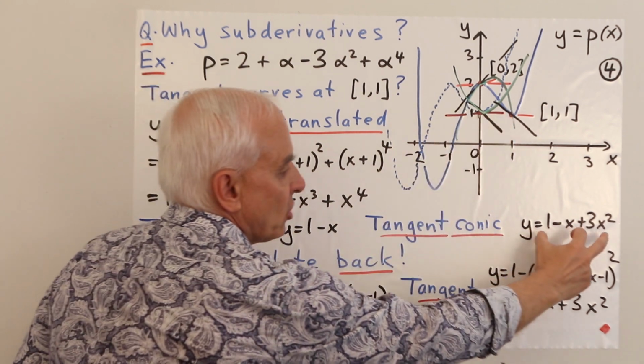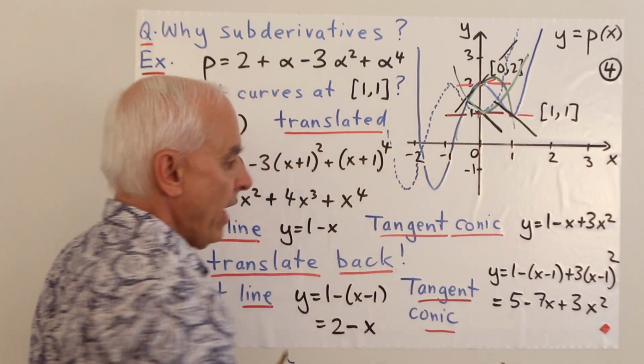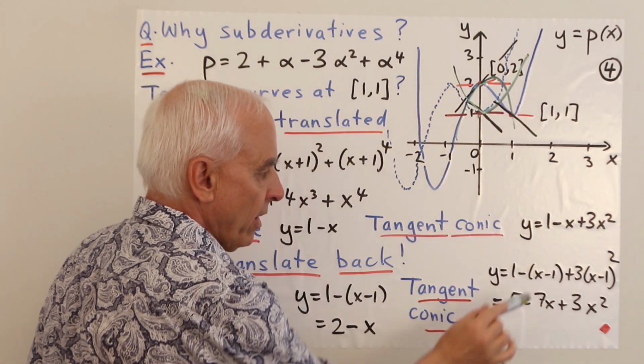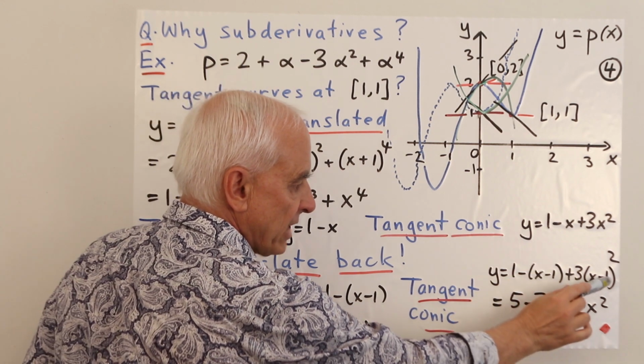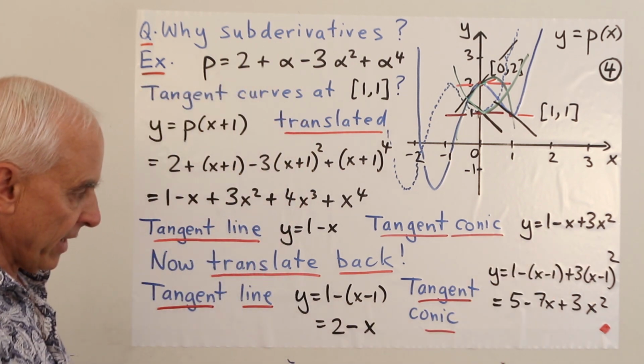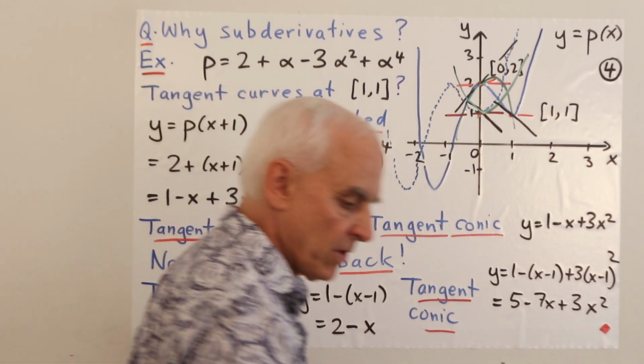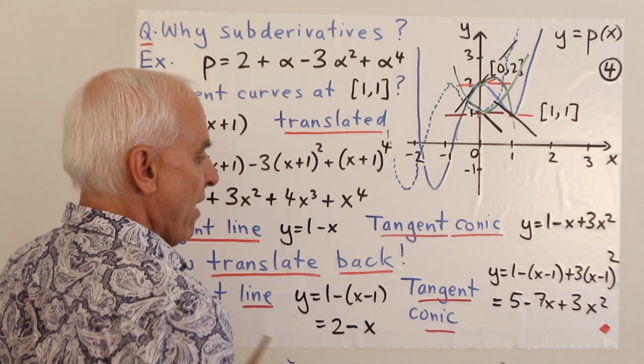Well, we have to take the tangent conic here, that green one there, and translate it. So replace the x with x minus 1: 1 minus (x minus 1) plus 3(x minus 1) squared. Calculate that out. We get 5 minus 7x plus 3x squared, which, if we graph it, let me just check